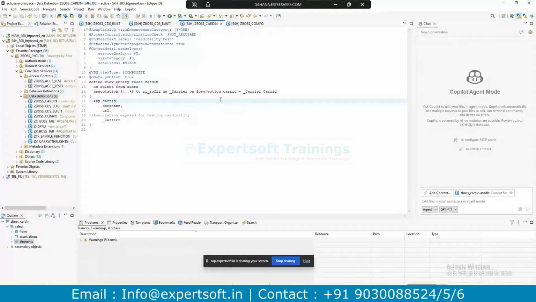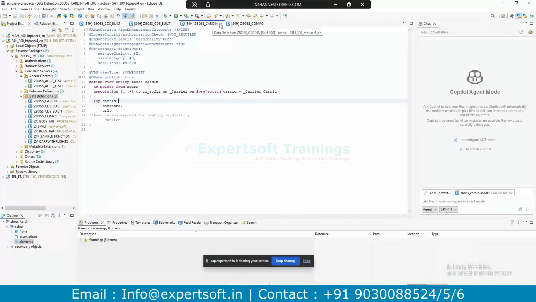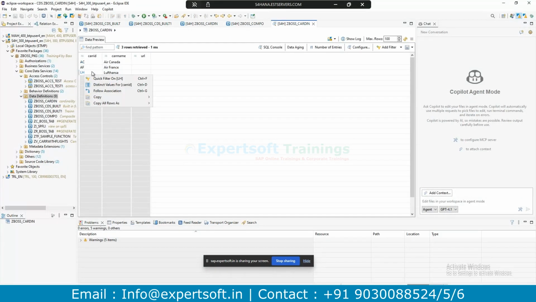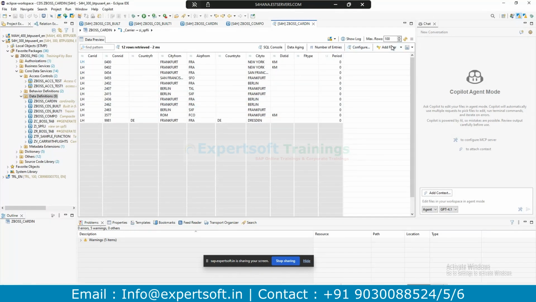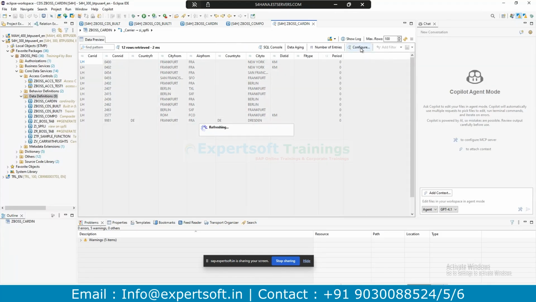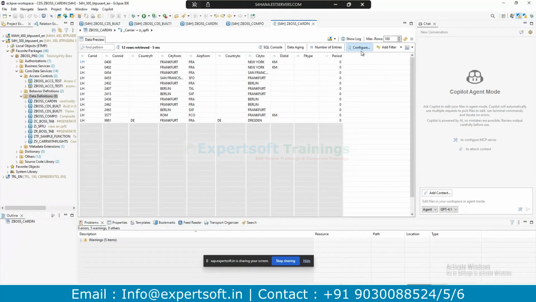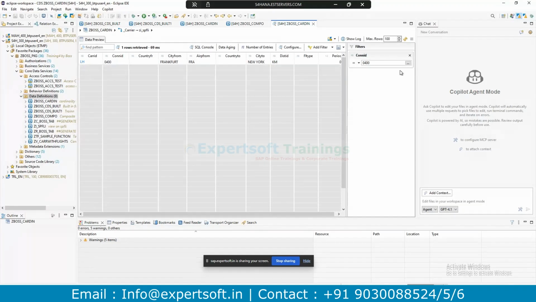See, expose. These are limited only. Let's take another example. Okay, association. We have association to LH. From the Eclipse, I am showing you, first of all, the filter. Add first. Char ID. Char ID is already filtered. 0400. Con ID 0400. Okay.